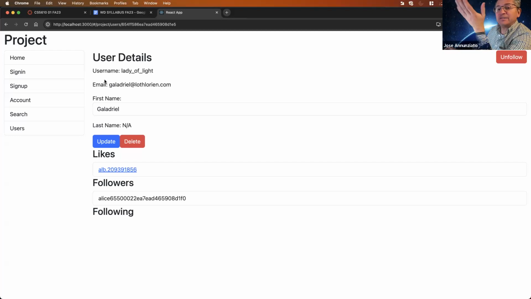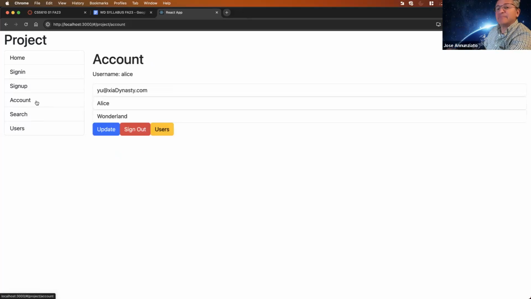So one place where I would want to know who's logged in is maybe in the nav screen, right? In the navigation here on the sidebar. So for instance, if I'm logged in, if I go to my account and I'm logged in, then it makes no sense to also provide these two links, like sign in and sign up. That's only if you're not logged in. If you are logged in, I wouldn't want to see that. Also, this account link should not be available unless I am logged in. I can click on the account, makes sense if I'm already logged in. So one component that would be interested in knowing the current user is the navigation component. So let's do that.